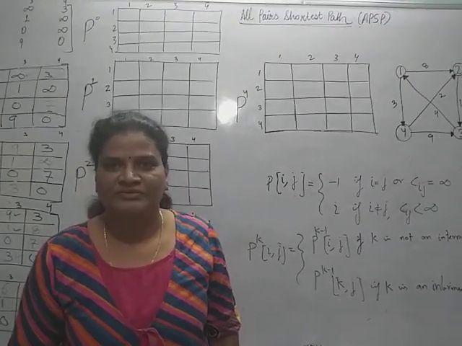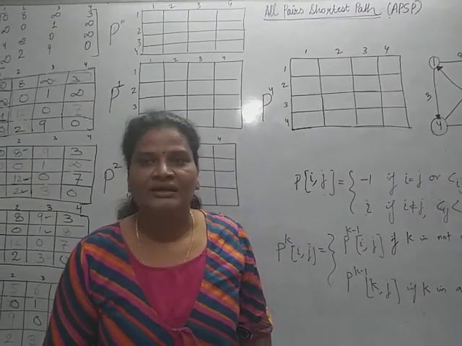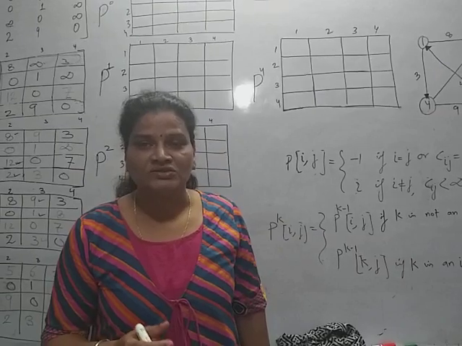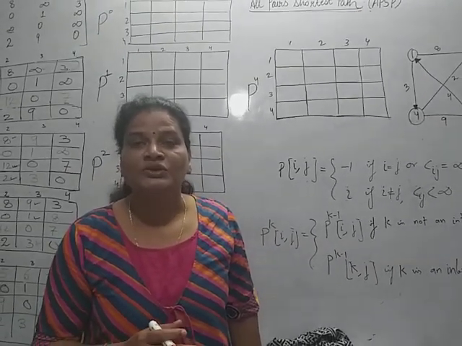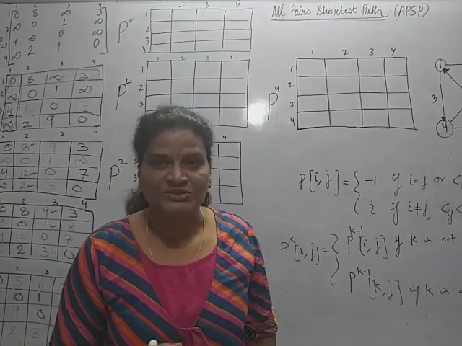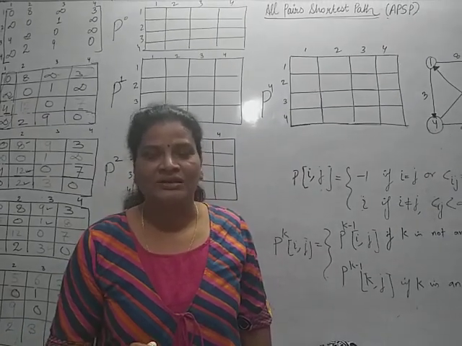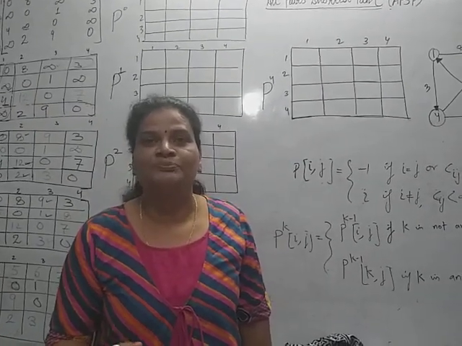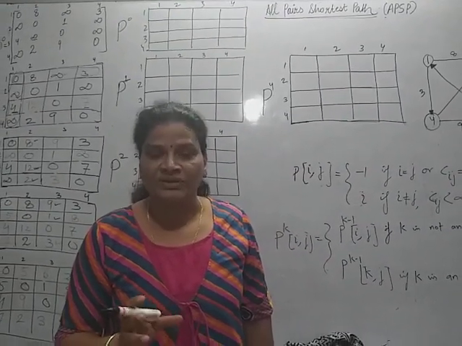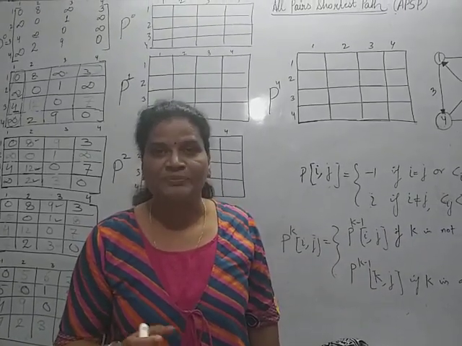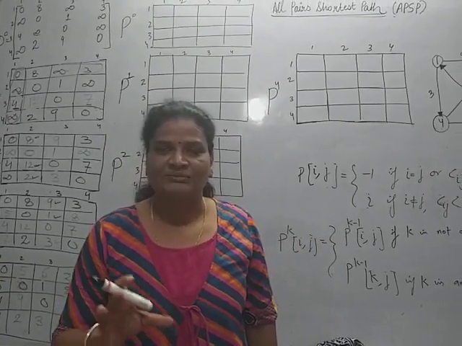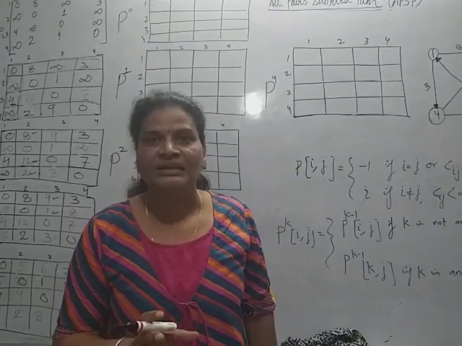In the previous video on all pair shortest path, I explained what the all pair shortest path problem is, and also discussed how to solve it using dynamic programming with the Floyd-Warshall algorithm. Some students have doubts on path generation, so I will explain how to generate the path in the case of the Floyd-Warshall algorithm from one vertex to another, with the same example I took in the previous video. But before that, I am again repeating what the all pair shortest path problem is.